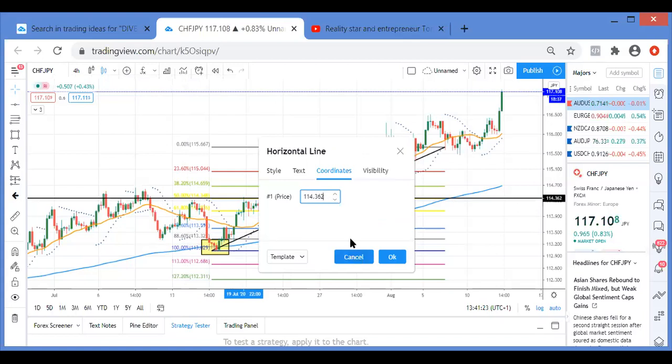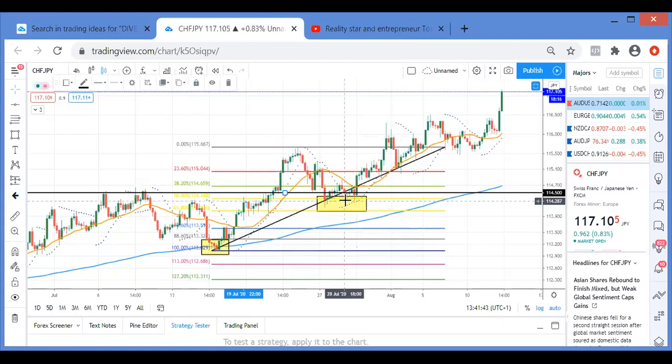You tell me. 11436, no, that's 50. Yes, 1500. 50 is the nearest quarter point, yes, 500. But look now, can you see how the market is supporting this line?